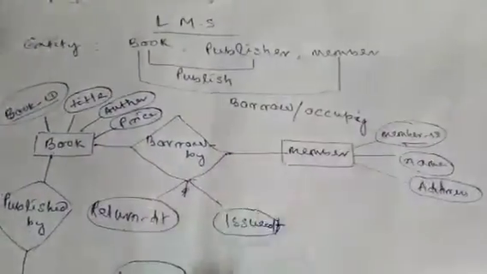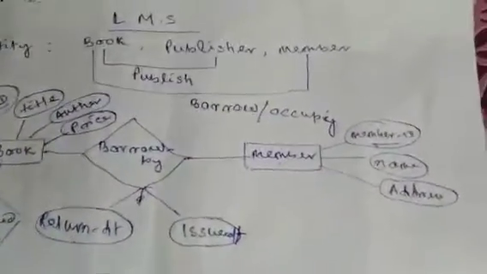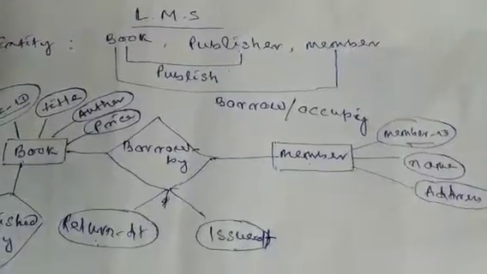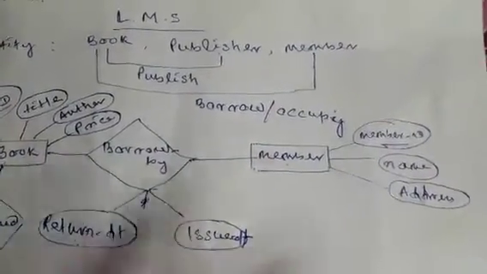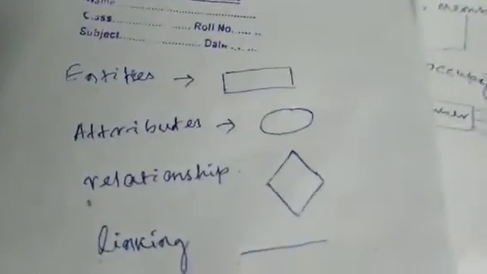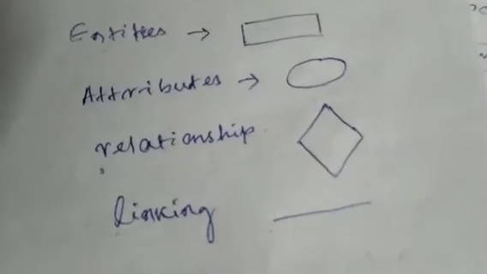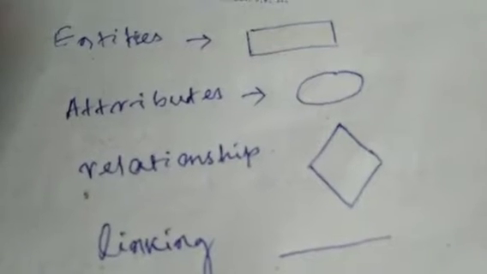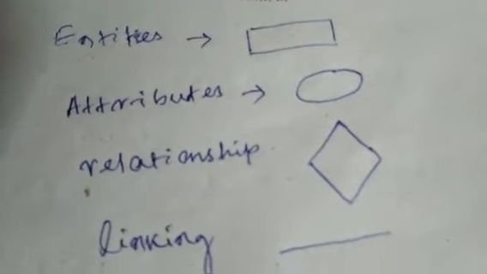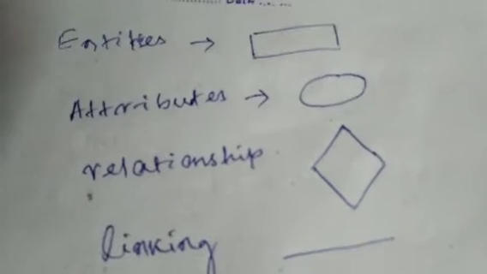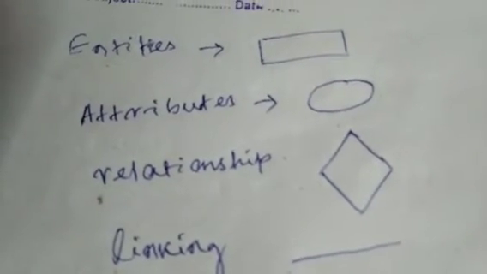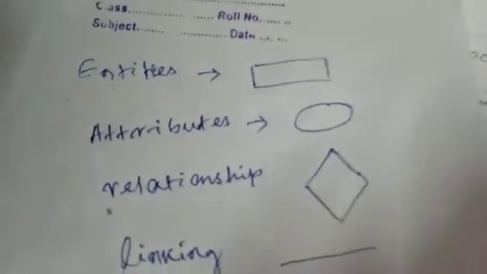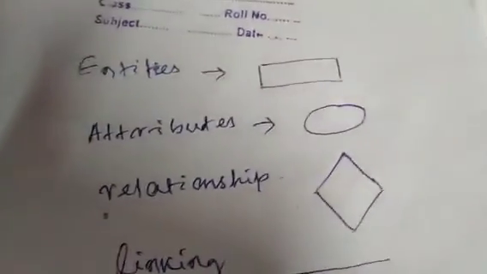So this may be considered the complete diagram for a library management system database, using all these symbols: entities, attributes, relationships and linking. We can draw the ER diagram for different databases. Now we have discussed the hospital management system, and next the student in a college database, college student